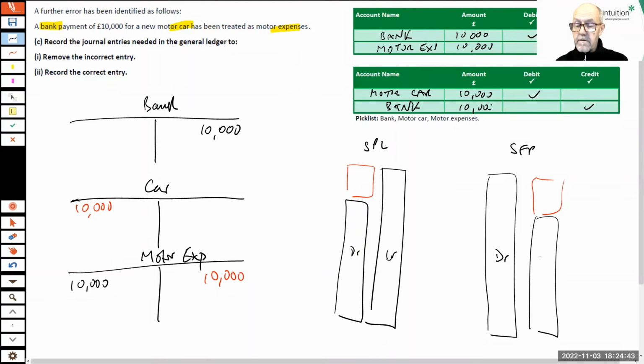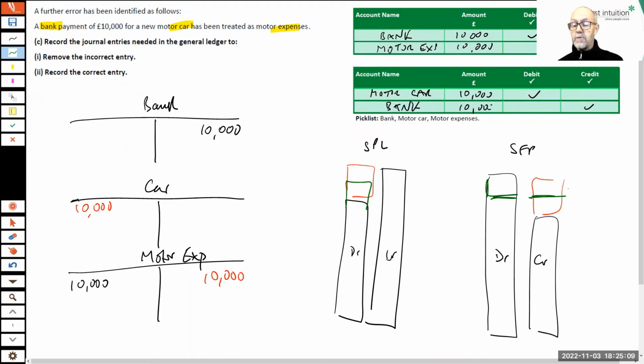If we record an asset, not as an asset but as an expense, the effect that that will have will be to increase our expenses, and can you see what that's done to our reported profit? And it will reduce our assets similarly,